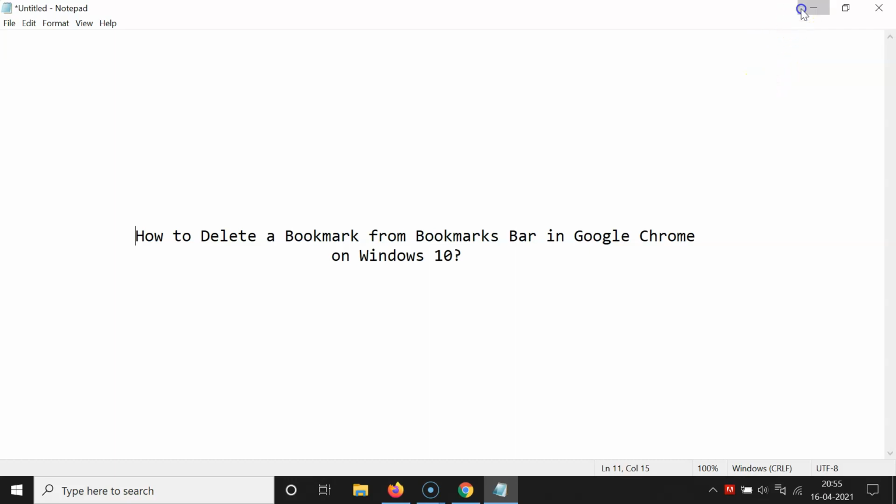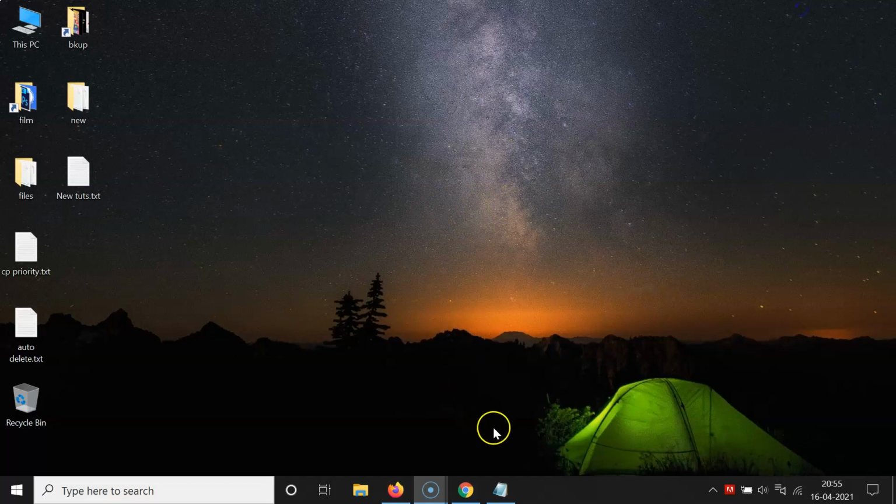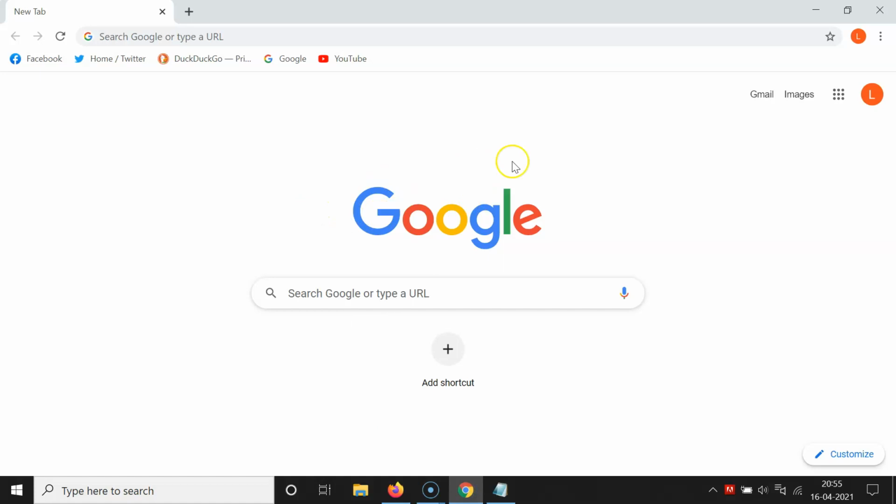So let me minimize this file first, okay? So just open your Google Chrome. You can see it's opened, and after that you have to go to your Bookmarks bar. So here I have this Bookmarks bar, and after that you have to go to the bookmark that you want